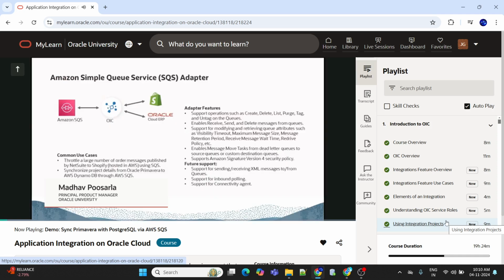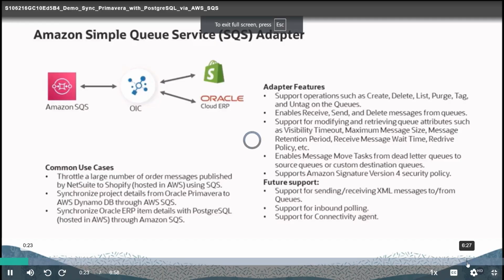As part of the 24.04 Oracle Integration release, we have shipped two AWS services adapters, which are AWS SQS and AWS S3. These adapters help OIC to integrate other AWS services seamlessly. So let's quickly go